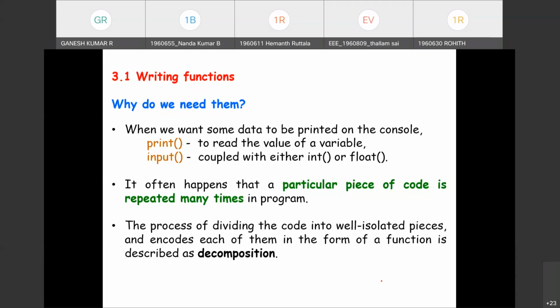one unit, then it may be divided, partitioned into well isolated pieces, into sub-programs, and each well isolated piece, each part, could be executed separately, and finally they are integrated. So encoded separately, tested separately, verified separately, and only the results are brought together, merged together, integrated together. This process is called decomposition.